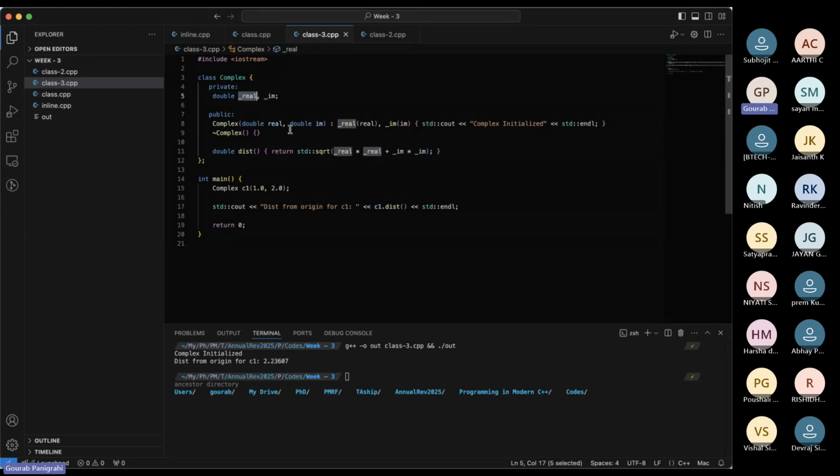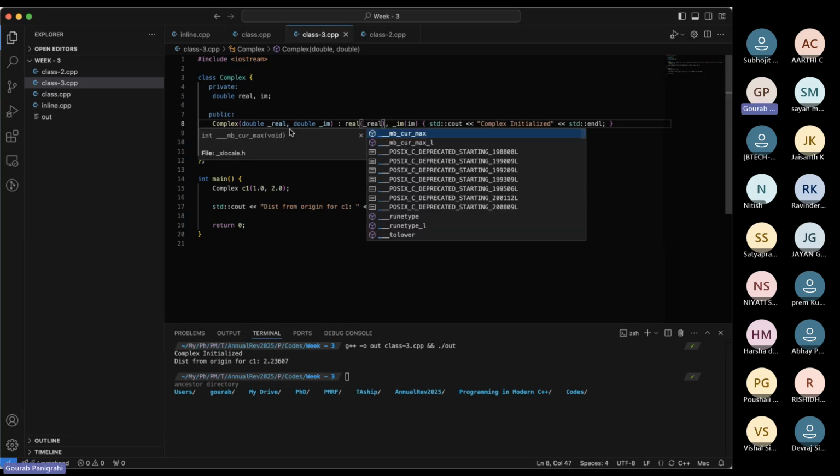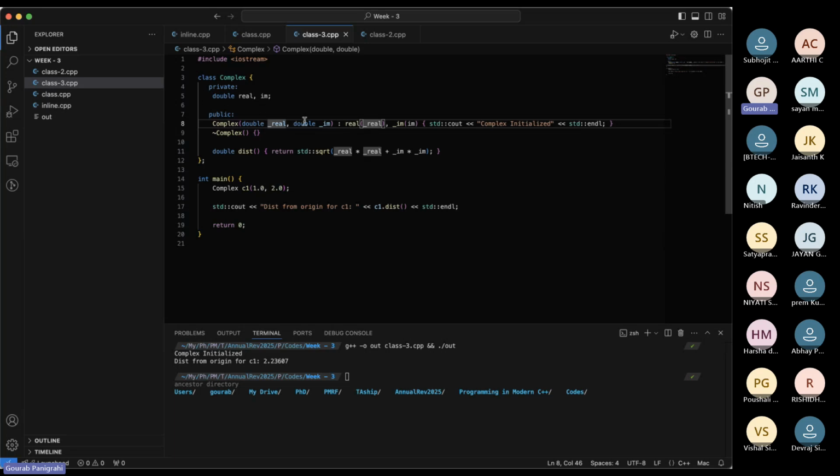एक्चुअली थोड़ा क्लियर होने के लिए मे बी आई डू द ऑपोजिट, इनको ही रियल लगा देता हूँ, इसको ही अंडरस्कोर कर लेते हैं, ताकि दीज आर एनीवे जस्ट डमी, मतलब टेम्पररी वेरिएबल्स हैं। तो दिस विल बी लाइक डिफाइन कर रहा हूँ रियल एक्चुअल वेरिएबल फ्रॉम द वेरिएबल दैट इज पास्ड। यहाँ पर जो कॉम्प्लेक्स C1 है, इट टेक्स 1.0 एंड 2.0। 1.0 जो वैल्यू है, वो अंडरस्कोर रियल है, 2.0 है अंडरस्कोर इमेजिनरी।